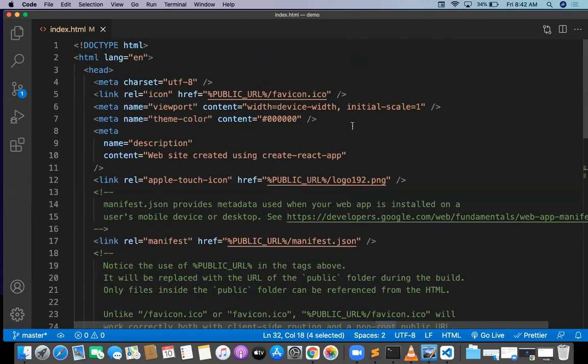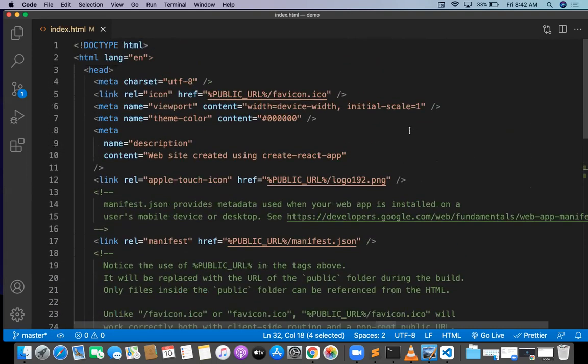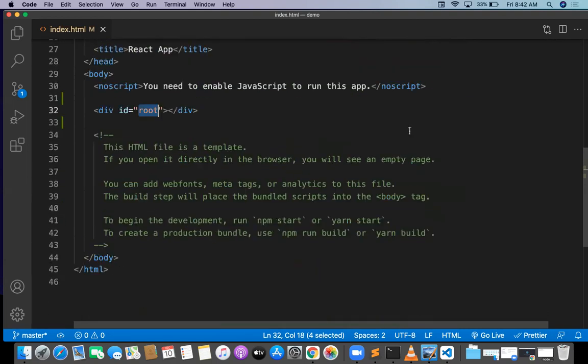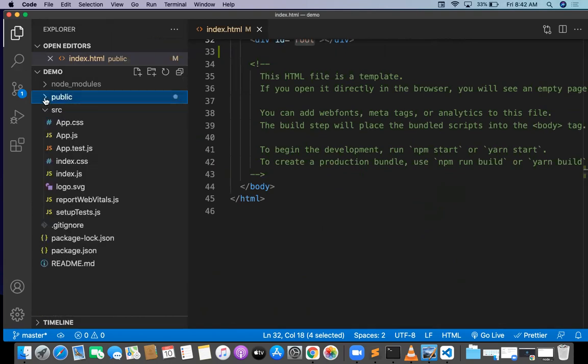Index.html communicates with index.js. Let me go with the index.js. Where is the index.js going to be available? Somewhere a script is going to be available to load that. So that is the default one. Come to the public folder, only index.html. Then come to the src. Inside the src, there is one file called index.js.